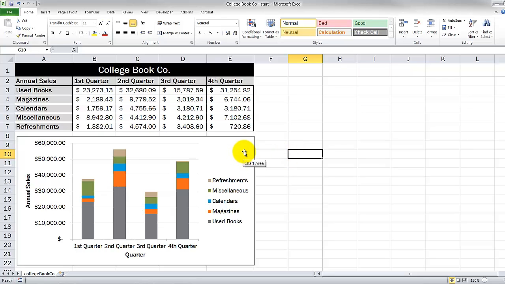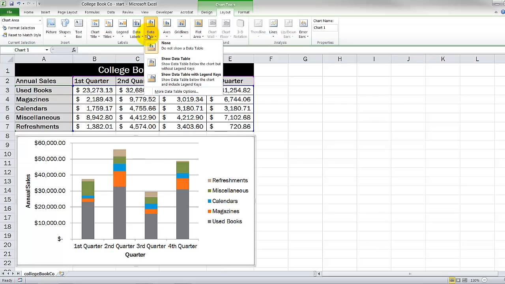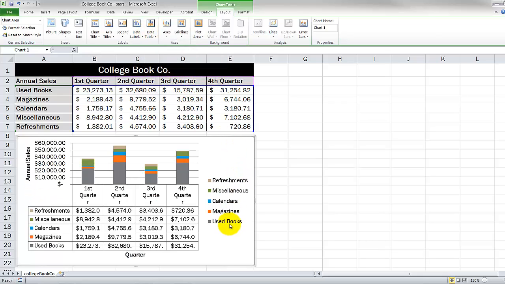There's a few things that we can do to make this a little bit more transparent to a user. One of the nicer options that Excel has is this data table. Let's go ahead and add a data table and show the data table with legend keys. So what we're actually seeing here, and I'm second guessing the use of this horizontal axis label, so I'm actually